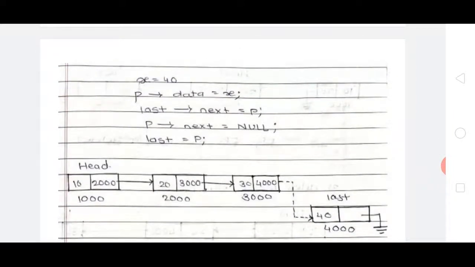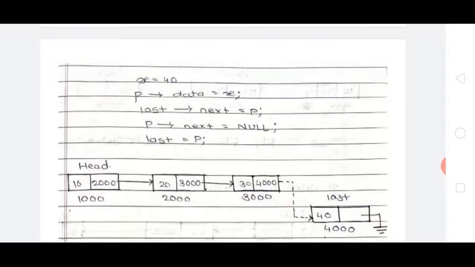Now here the element 40 is stored in a variable X, means that element 40 is stored in a node at the end of the list. Before inserting the new element 40, first we have to create one memory block.